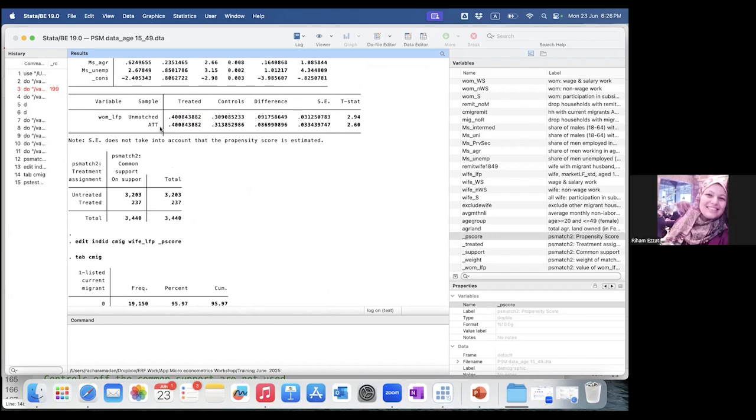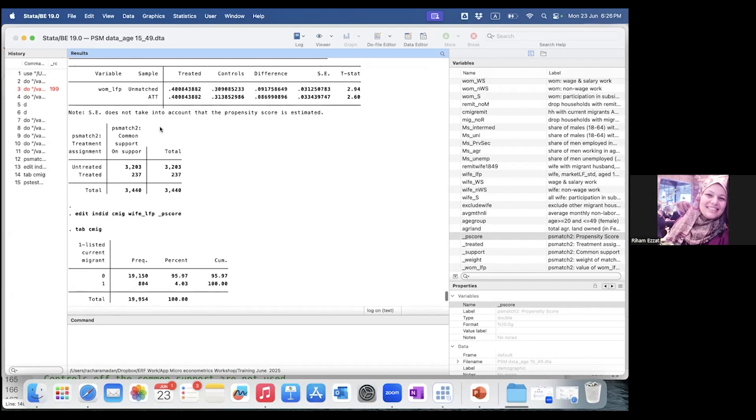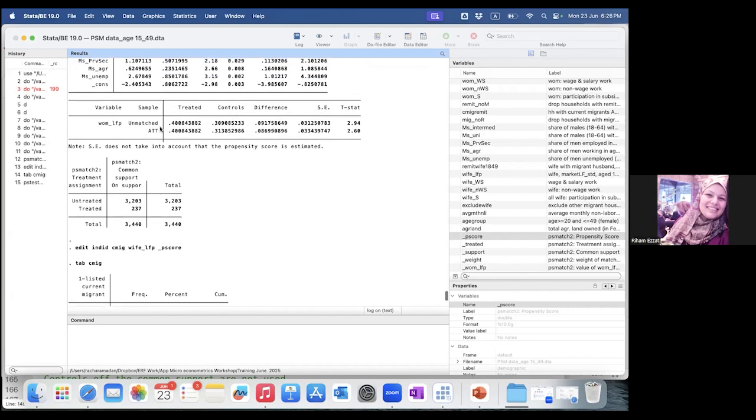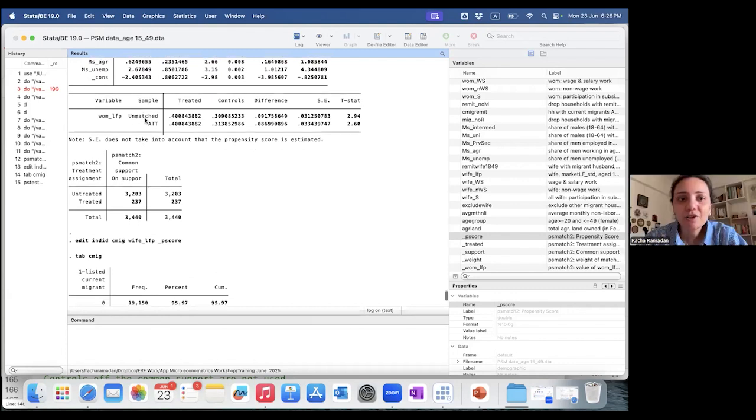Okay, thank you. Excuse me, Dr. Rasha. Yes. For the result interpretation, I'm just wondering if for the unmatched row above the ATT, it's also significant, does it matter if it's significant or not? I cannot get the meaning of the unmatched row here. The unmatched is where you have the value in the treated and the control in general,